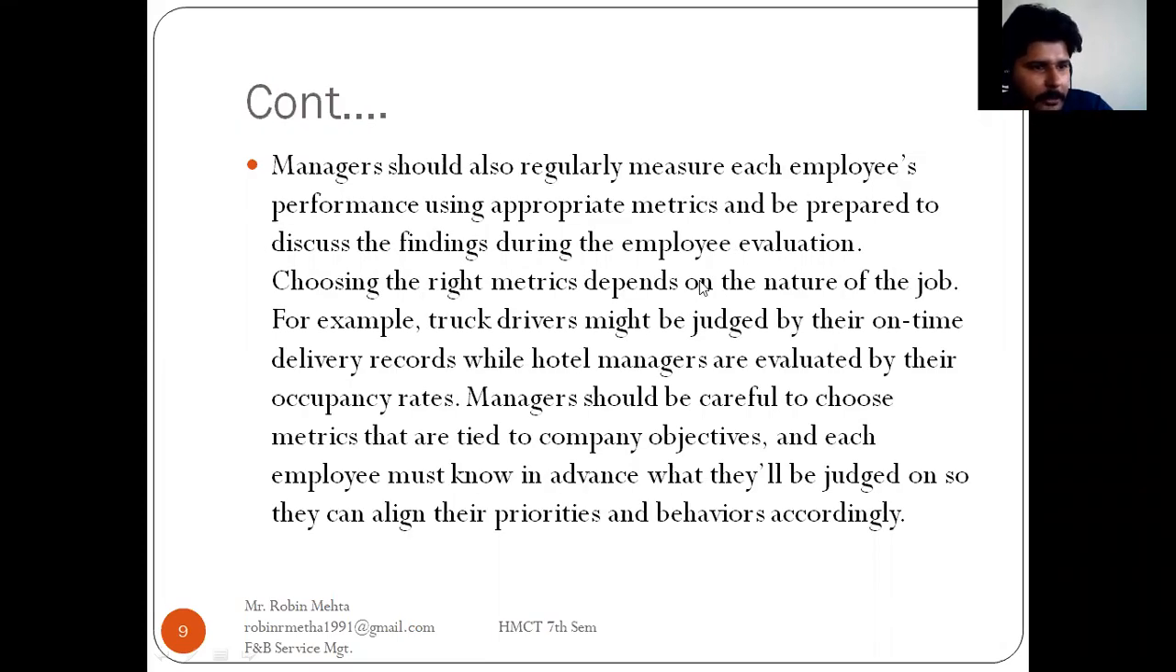Managers should also regularly continue during and before evaluation. What do managers do? Managers should also regularly measure each employee's performance using appropriate